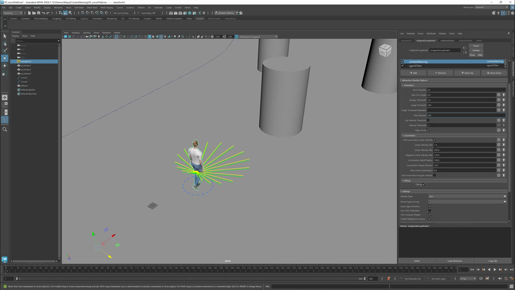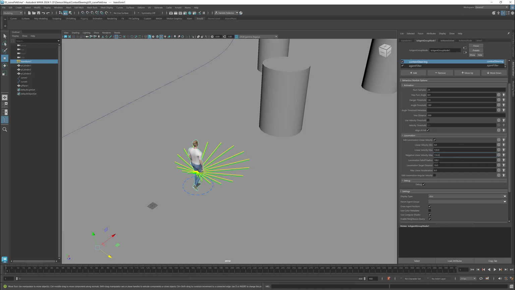You can provide a minimum value and a maximum value for the linear velocity. So if you say 130 here, which is the value for the walk, you're just gonna say I never want the agents to go faster than a walk. So basically it's just gonna be either in idle or gonna just walk, or it's gonna blend between these two clips. The negative linear velocity is whenever the target is behind the agent, then we're going to use this value as a maximum value for the linear